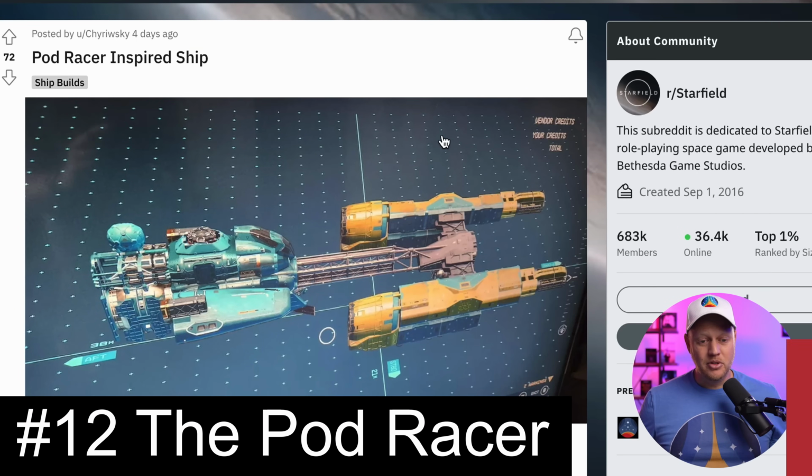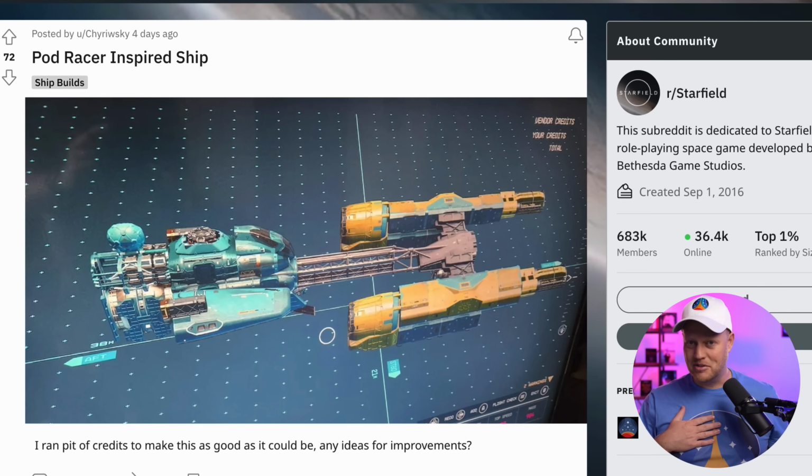Okay, let's see. Number 12 here is a PodRacer inspired ship. I definitely have a soft spot in my heart for pod racing. I wasn't a huge fan of episode 1, but the pod racing, there was a game on, I think, the N64 that I absolutely loved. It was a lot of fun. And so this user on Reddit,